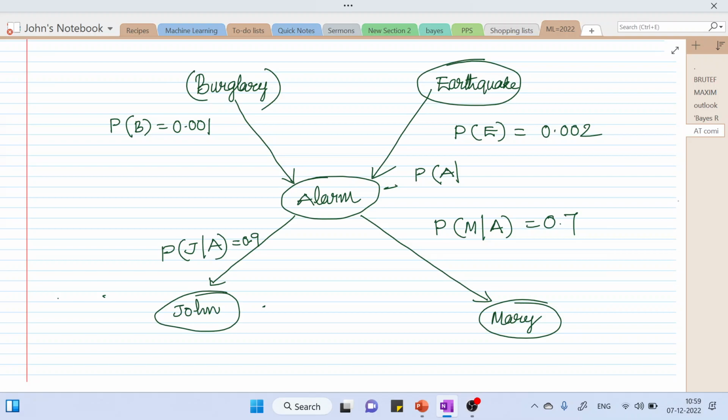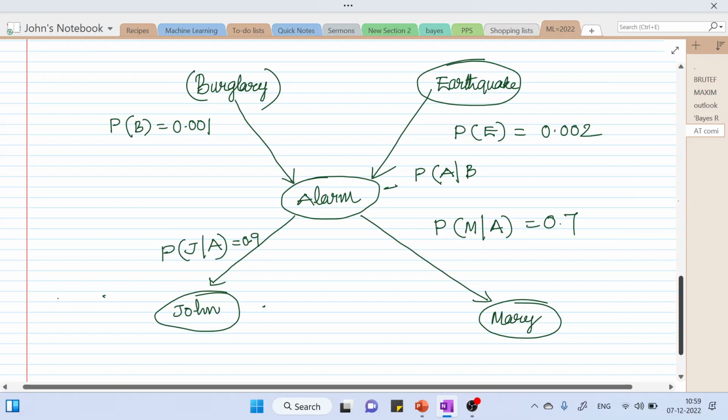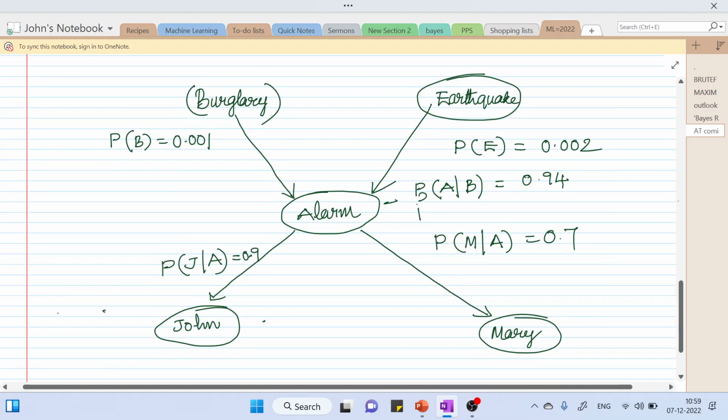When does the alarm come? When does it ring? Either burglary or earthquake. So the probability of alarm given the burglary is 0.94. The probability of alarm given the earthquake is 0.29,